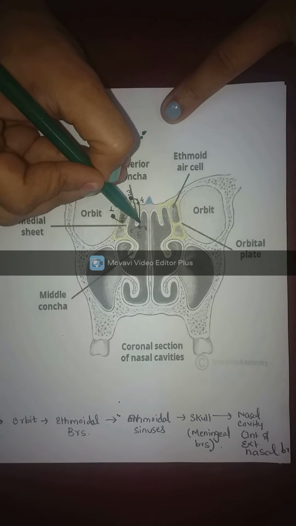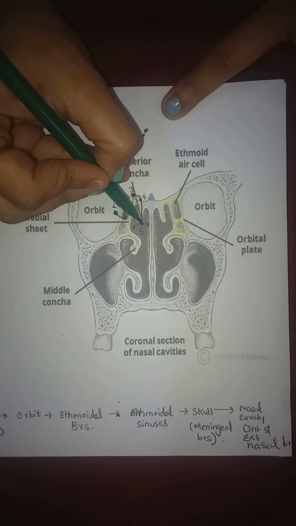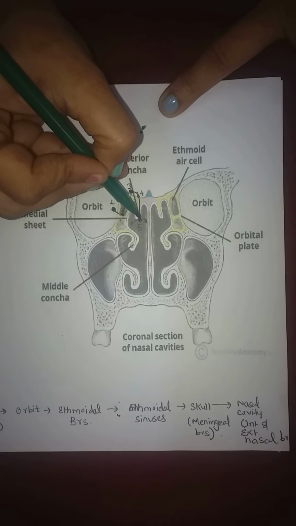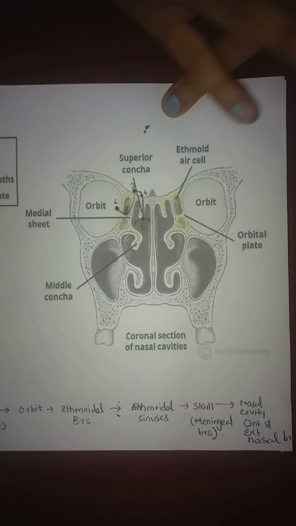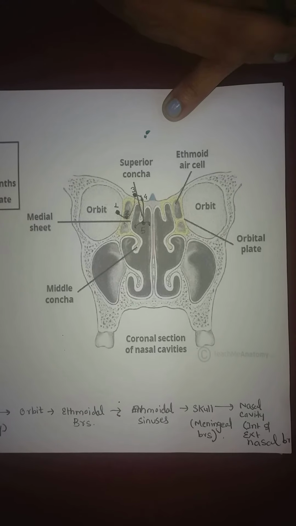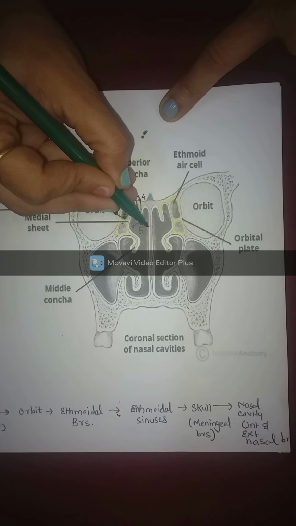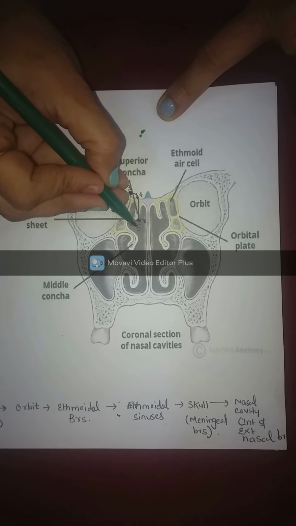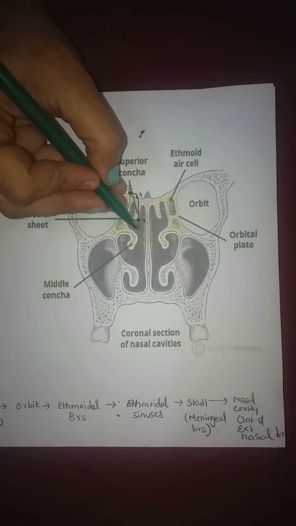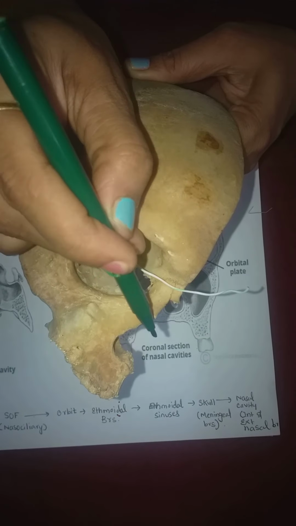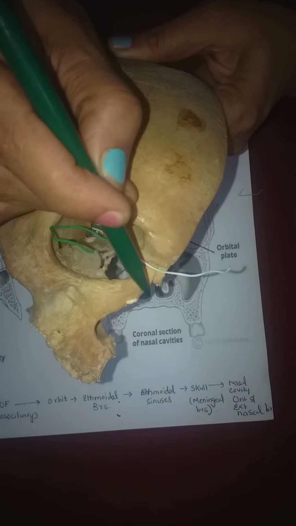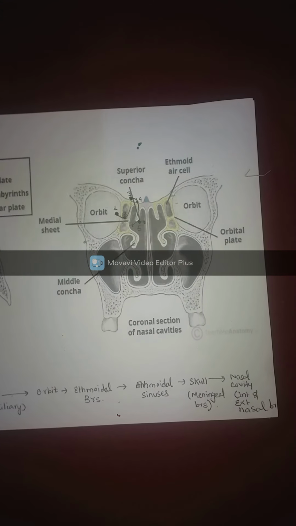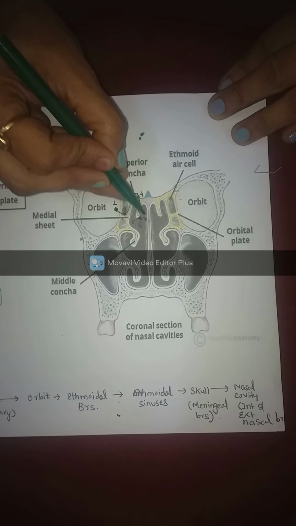As it enters the nasal cavity, it will give branches, nasal branches. They are called internal and external nasal branches. Internal nasal branches will supply both septum as well as the lateral wall, while the external nasal nerve will come out at the junction of the nasal bone and the cartilage, and will supply the dorsum of the nose here. Okay, so that is the whole course of the ethmoidal nerves.